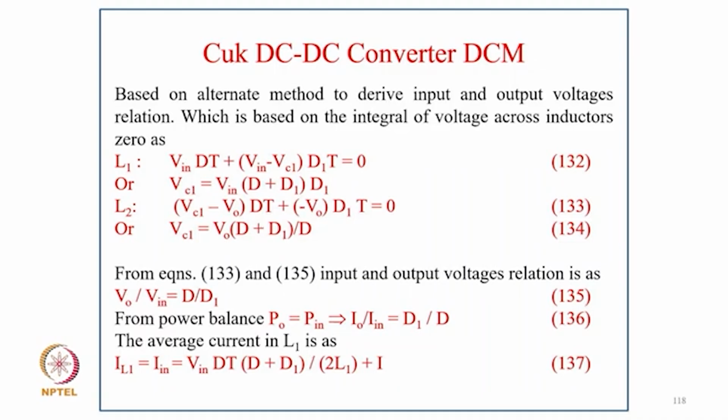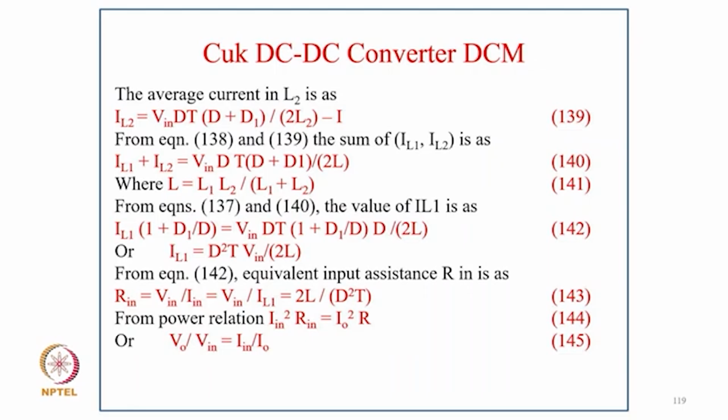So equating both Vc1 relations here, we get Vo upon Vin equal to d upon d1, and for power balance, Po equal to Vin Io upon Iin, that becomes d1 upon d. So the average current in the inductor is IL1 equal to Vin dt (d plus d1) divided by 2L1 plus I, and IL2 equal to Vin dt (d plus d1) divided by 2L1 minus I. So from these two equations, we can get IL1 plus IL2 equal to Vin dt (1 plus d upon d1)